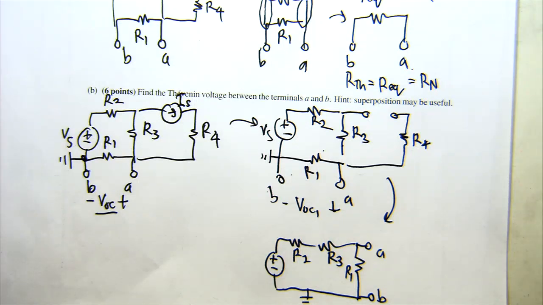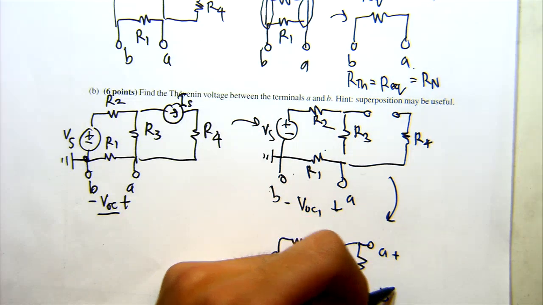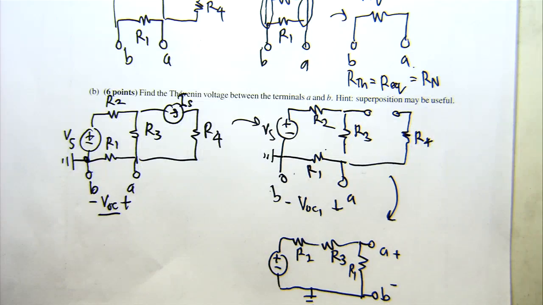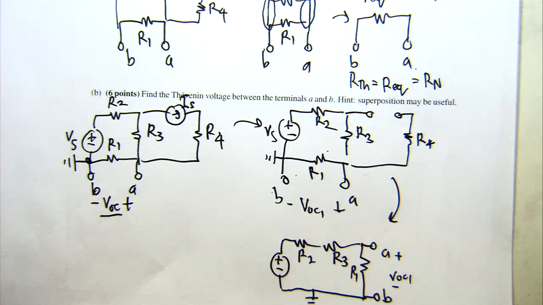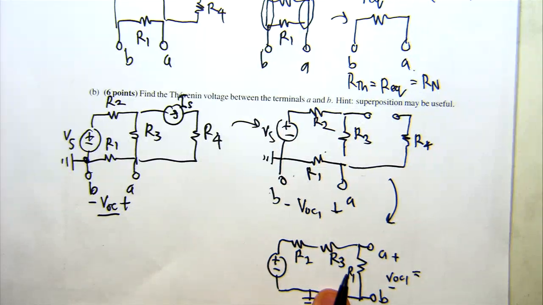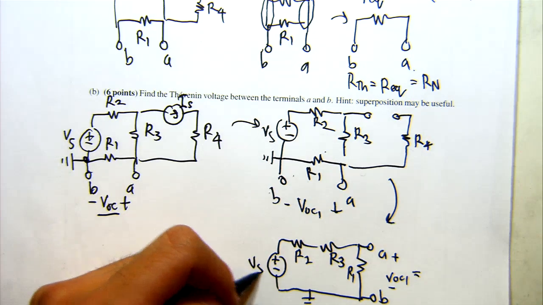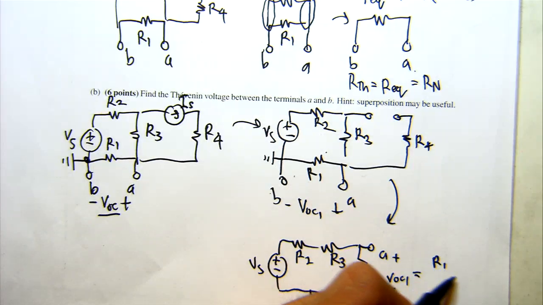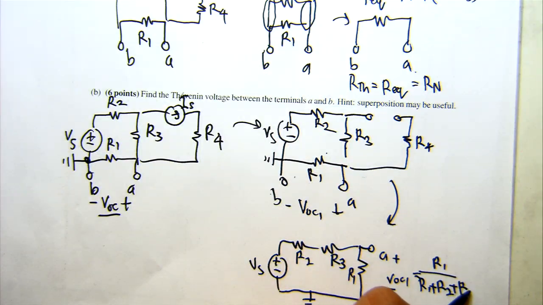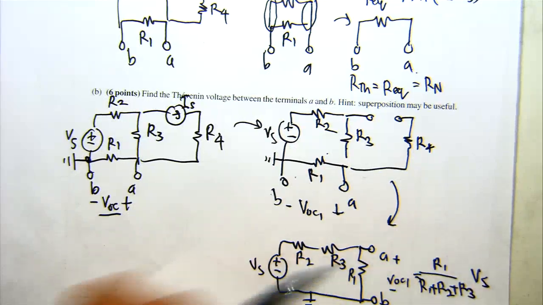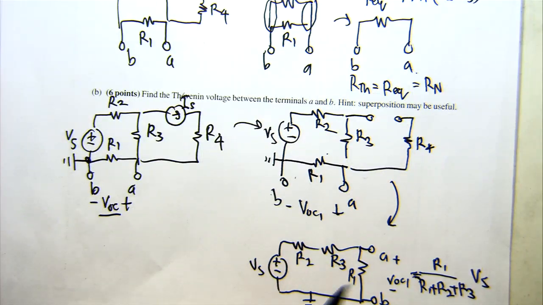So I'm hearing voltage divider. Yeah. So we can analyze this by looking at voltage division over the resistor R1. We'll end up getting that the V open circuit 1 will just be whichever resistor we're looking at, so R1, divided by the sum. So in this case, R1, R2, and R3. So we'll have R1 over the sum, and then we multiply by the source voltage. So this is just one quantity so far.